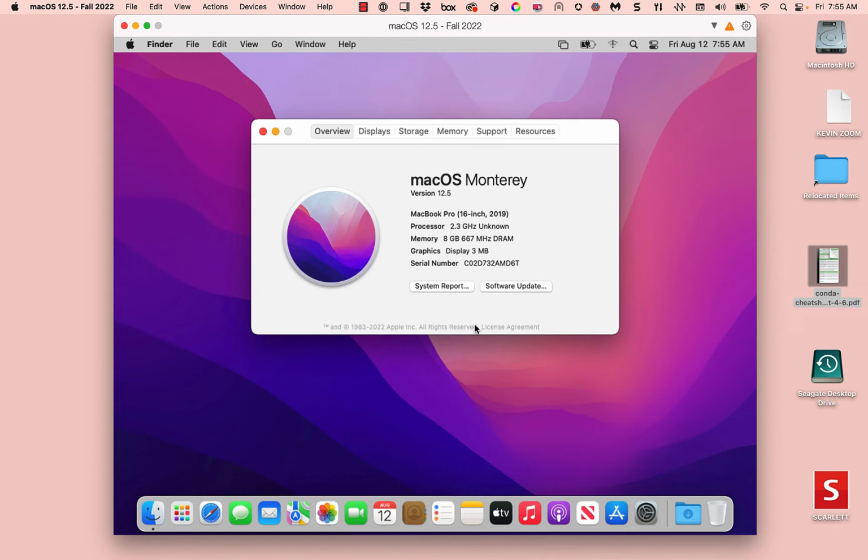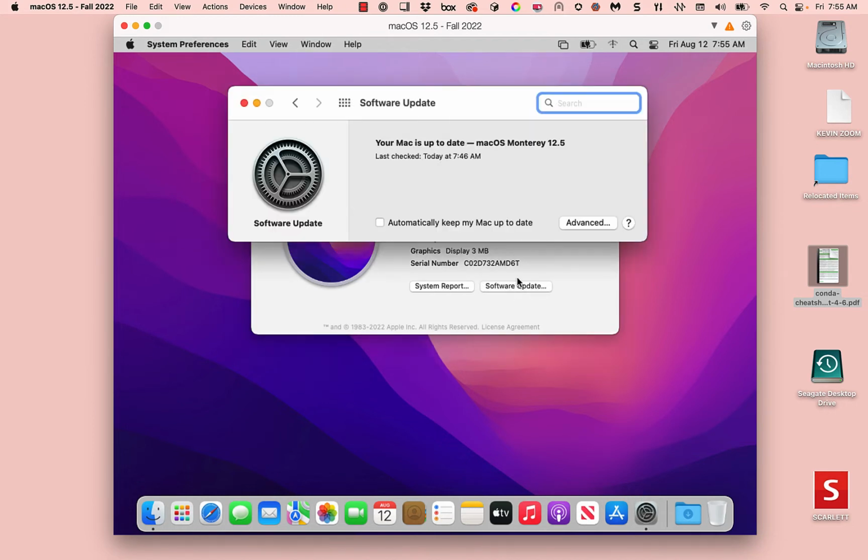And if there's an operating system update that needs to be applied, you can go to Software Update and it's going to tell you what updates are ready to be applied. And you can just click the button to apply them. And that might take a while, but it'll get you to the point where you have an up-to-date copy of